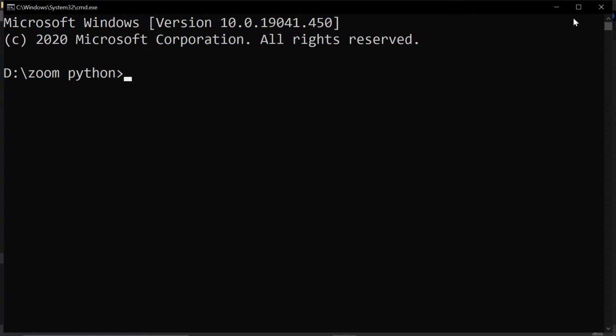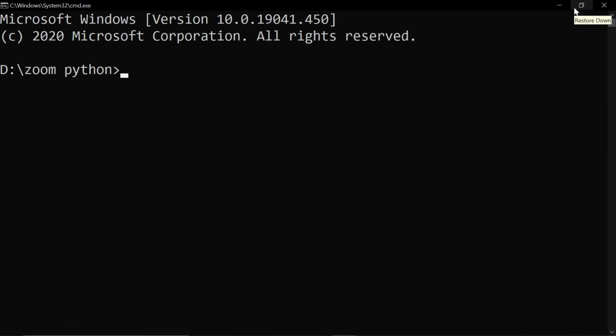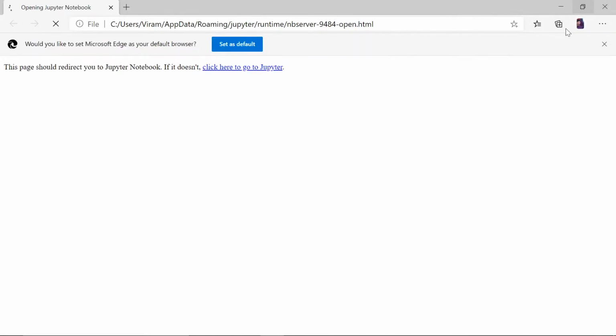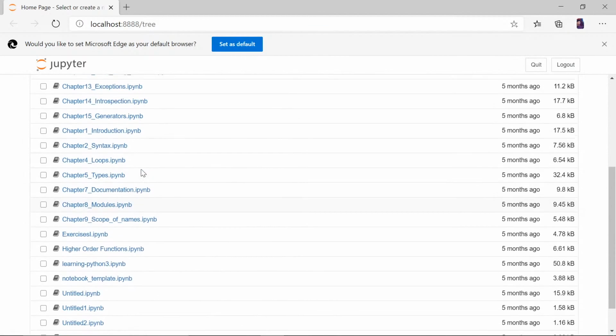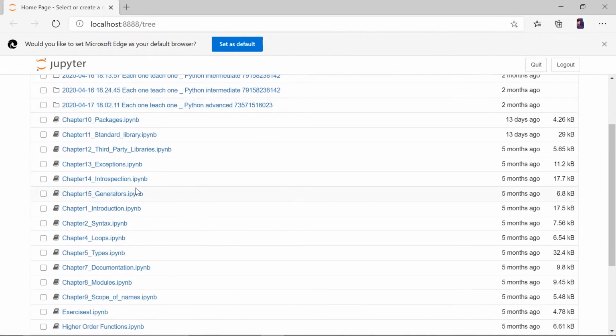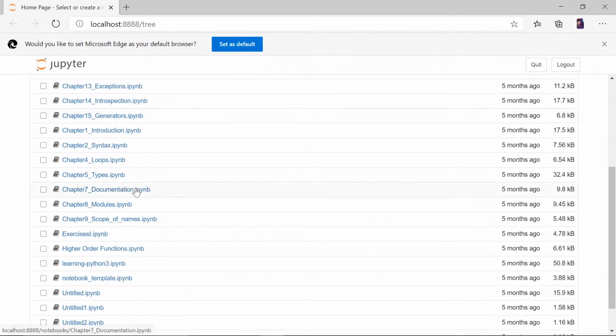Okay, so this is the folder where I have saved my files. So I wrote CMD in the URL, and from here I'll write Jupyter notebook. Now this is where the add to path thing comes in handy. You can open Python from wherever you want. You can also open Jupyter from wherever you want. So now you can see we have all the files here, all the files that I actually made too.